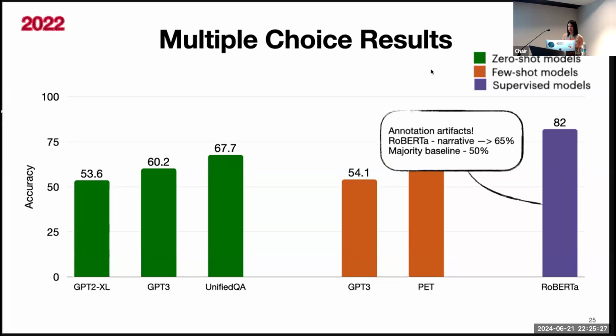But we did see that it was somewhat due to annotation artifacts. So there were some superficial cues that gave away the correct answer. And we showed that by training a version of the same model that didn't have access to the narrative, just to the continuation sentence, which would be a setup in which people would not perform well, but it still performed better than chance. So yeah, somewhat due to supervision, but also somewhat due to annotation artifacts.